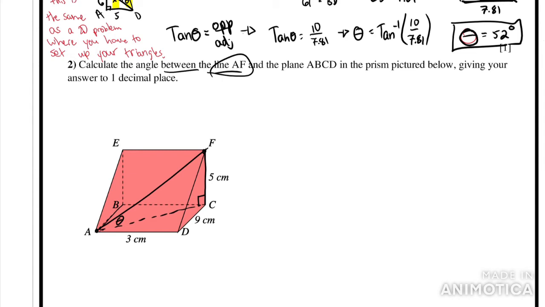So I don't know what any of these sides are, or I know what one of them is. So if I draw A, C, and F, I've made my first right triangle. This one's 5 centimeters. This one I don't know, and this one I don't know, because both of them cut across the face and don't use any of the other shapes. Now, this is where picking our triangle is going to be important, because if I look, what I've just drawn is actually half of